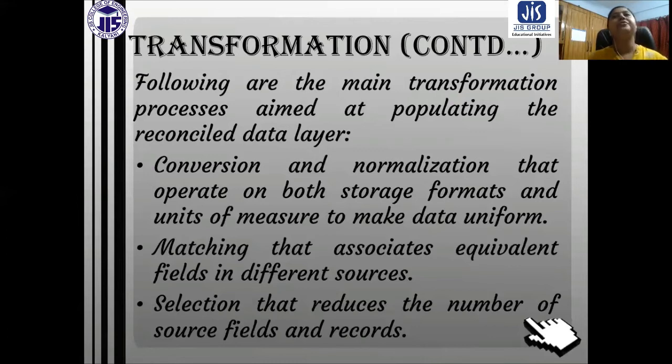So again, we need to change those formats into the unified format. This is a daunting job. So if we can reconcile and reduce the number of source fields, then obviously it is advantageous. It should be smart work. So we need to take care about the selection, by which we can reduce the number of source fields and records.